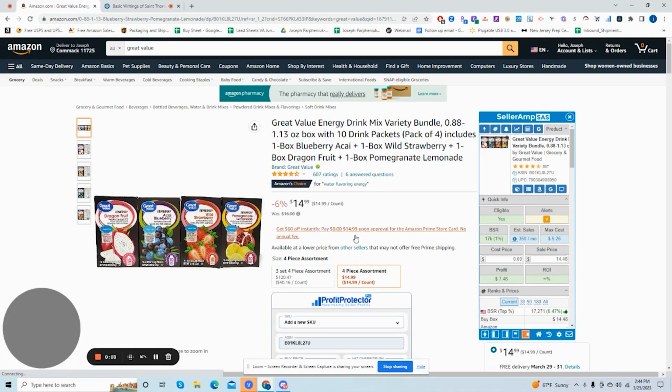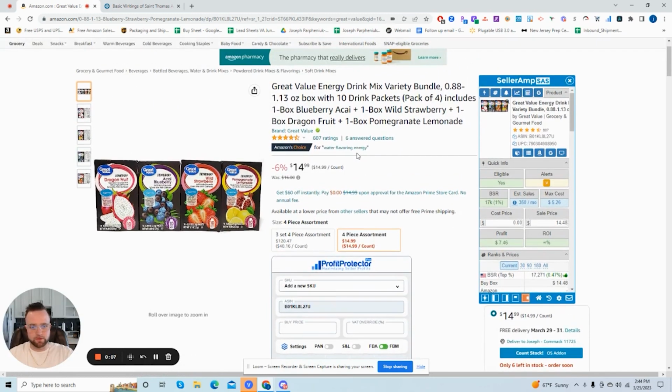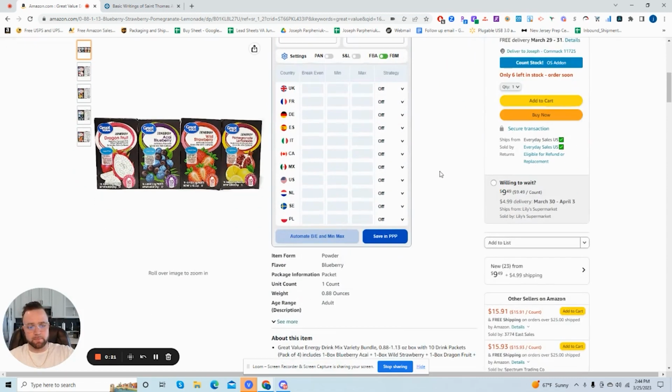So I'm going to start with this Great Value product. This is an example of a good product that we could reverse source from just because we know that these are online arbitrage sellers for the most part, considering they are buying from Walmart. You can't really get a wholesale account from Walmart. So this is a good example of where I'm going to pull a random storefront seller ID and put it